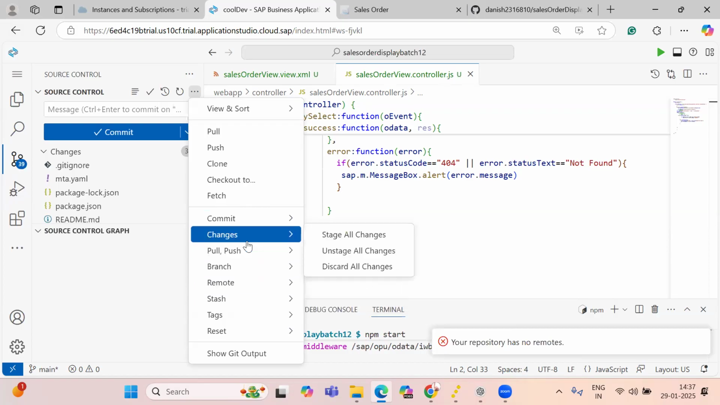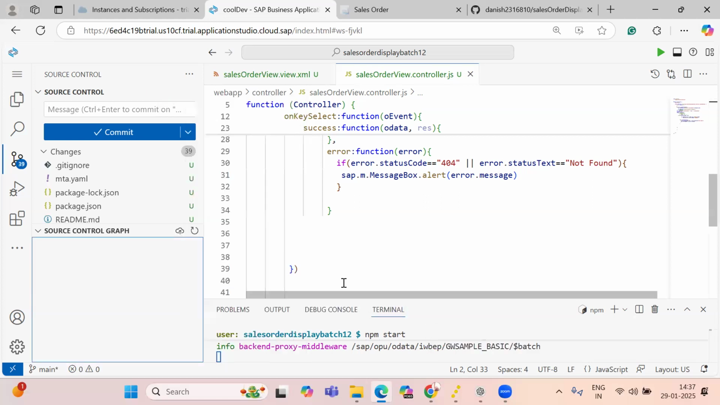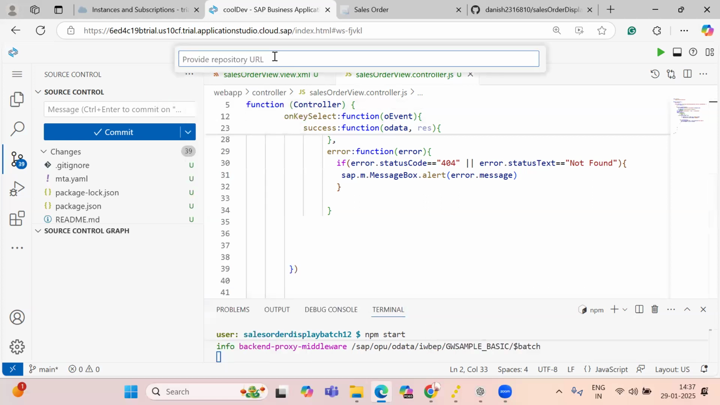So remote, add remote. I'll paste the thing that I copied from Git over there and add it. It asks for a name; I'm going to name it main. I'm pasting it. Sometimes I paste any name over there. So once you paste main and then enter this thing,